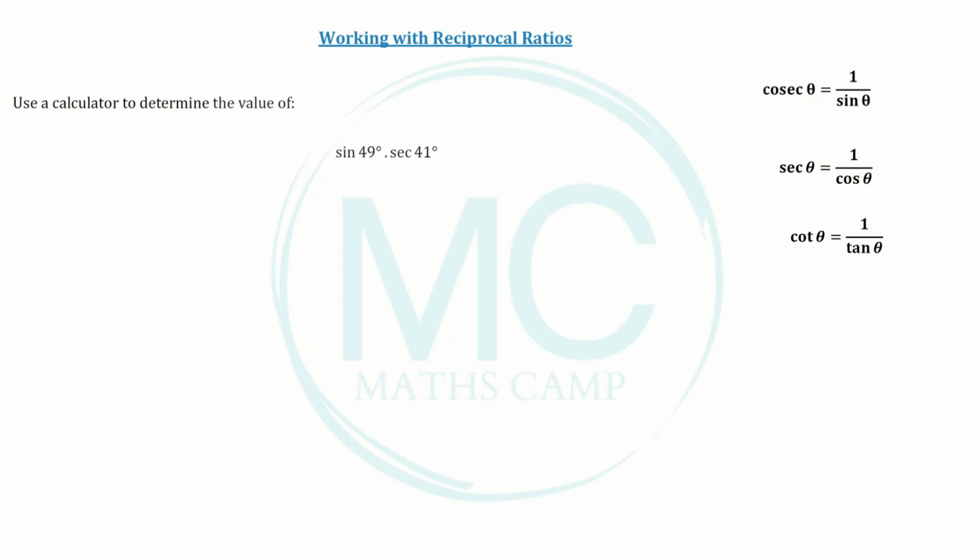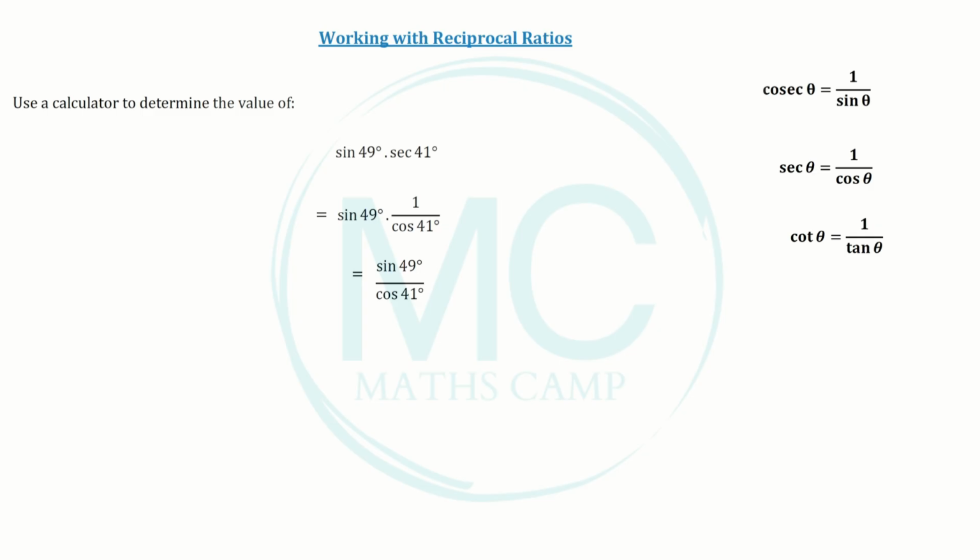Sine is an original ratio, so we can leave this as it is, and we can say it's equal to sine 49 degrees multiplied by, but sec 41, we cannot put sec into our calculator, so we need to turn this into a reciprocal ratio. We can see on the right, sec theta is equal to 1 over cos theta. So instead of sec 41 degrees, we're going to say 1 over cos 41 degrees. Now we can multiply sine 49 degrees by 1 over cos 41 degrees, and we get sine 49 degrees divided